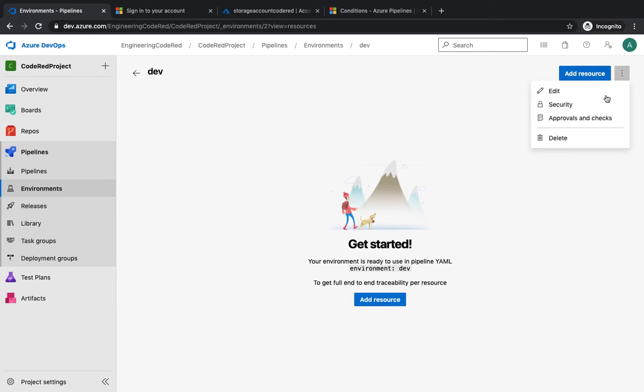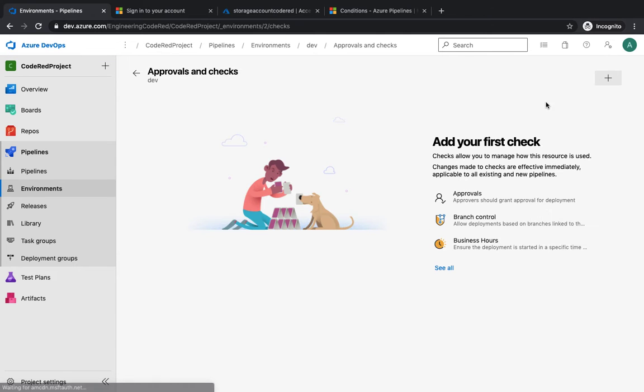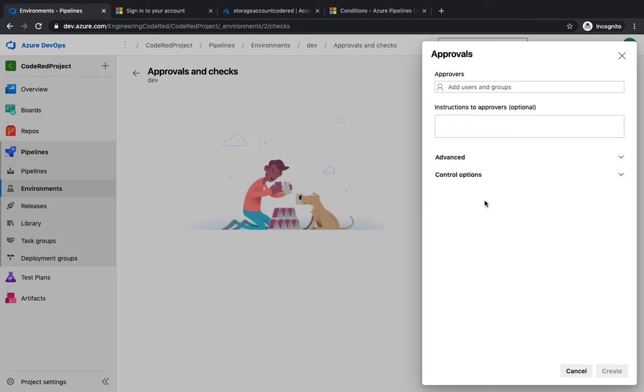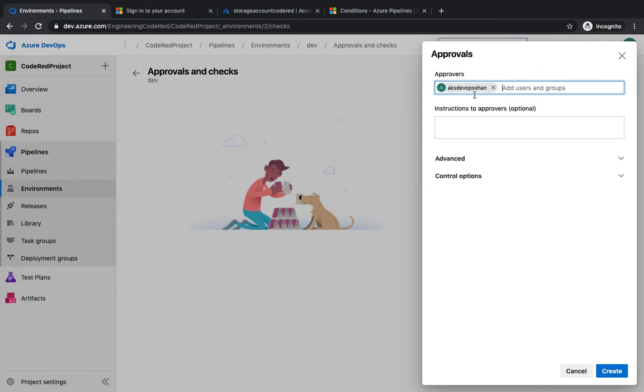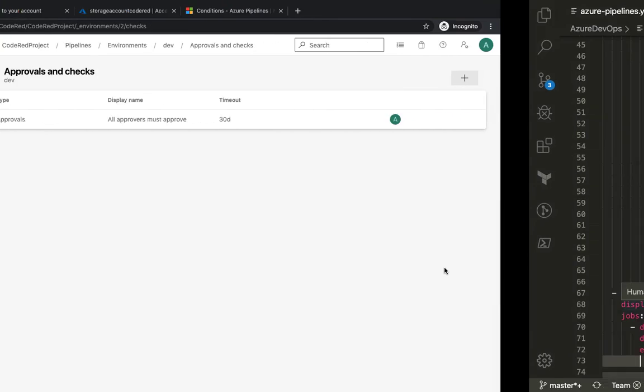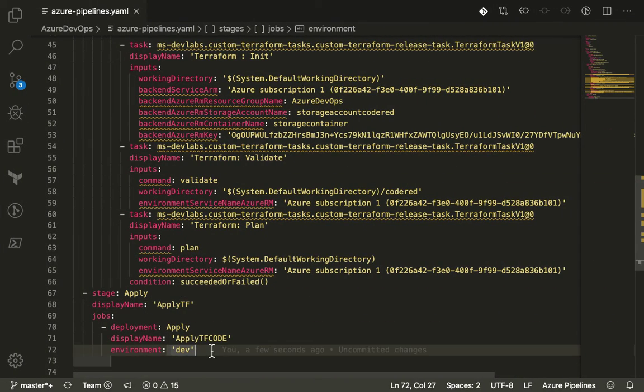and then click on the three dots in approval and checks, and you select the approval and give it the name of the team, group, or user. In this case, it's just a user. So I'm going to use the AKS DevOps Shan, which means anything which is going to be applied for this particular stage has to be approved by this particular person. So I'm going to create it, go back to my pipeline,